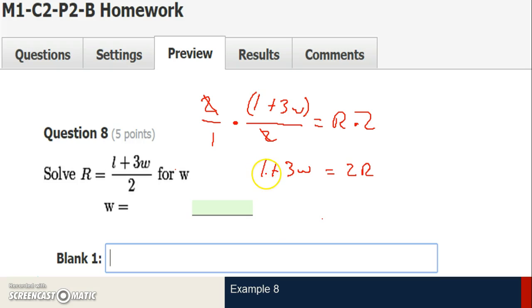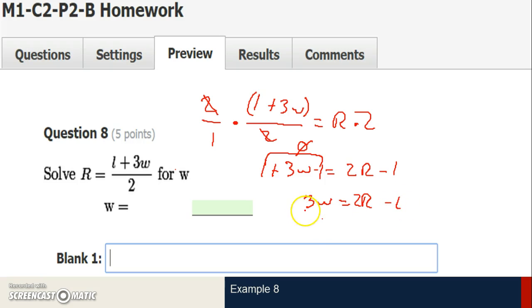Now I want to eliminate this L because it's being added, and addition is easier to eliminate than multiplication, so I'm going to subtract an L. I'll fit it in this time for those of you who are freaking out about adding a negative. Minus L, I know that L minus L is going to simplify to 0. I'm left with 3w equals 2r minus